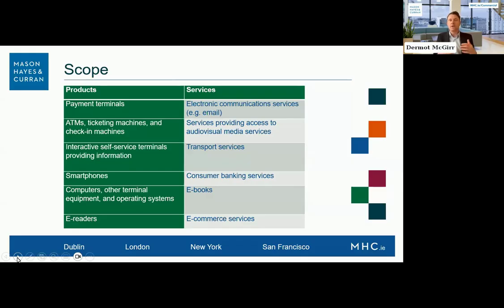So again, simply put, to be an in-scope service provider, you need to be providing your service to consumers. Other than people who are just B2B businesses and therefore don't need to worry about it, the two issues I see in practice are, first, where a company has a B2B offering and a B2C offering of the same service. Then they don't need to worry about the B2B offering from an EEA perspective. They may choose to do things from an accessibility perspective because it's the right thing to do, that's all fine, but they don't need to do it for legal compliance reasons. They need to focus on the consumer offering.